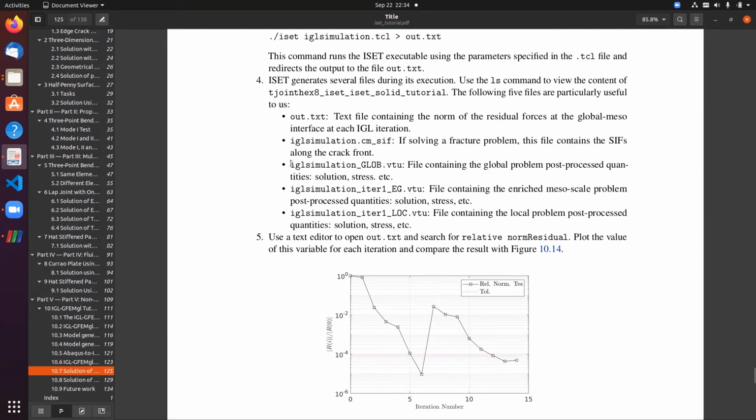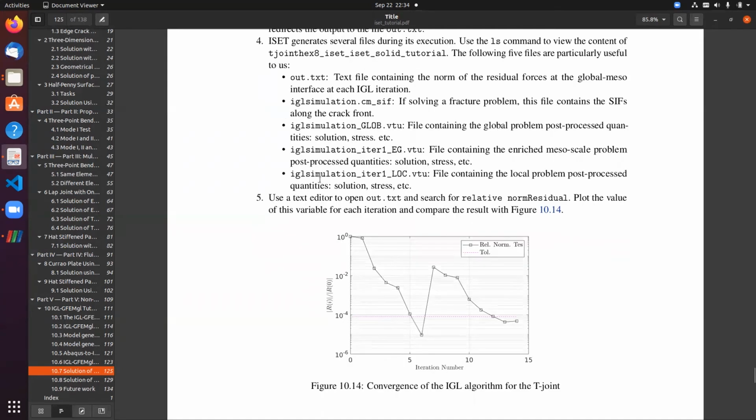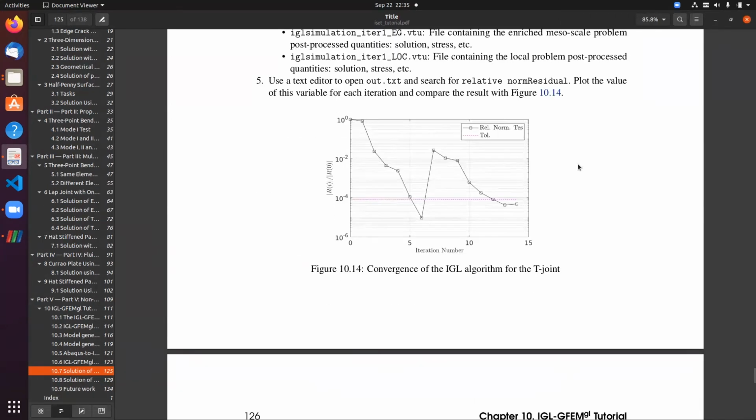This file, IGL simulation glob.btu, contains the global solution. IGL simulation iteration 1 eg.btu contains the solution of the enriched mesoscale problem. And this file, IGL simulation iteration 1 local, contains the solution of the local problem. So first, to check if everything is correct, let's open out.txt